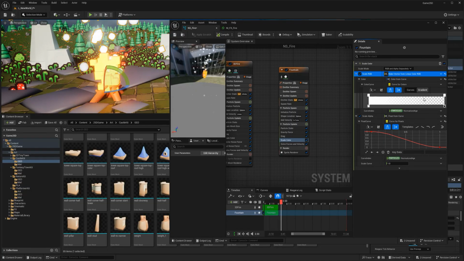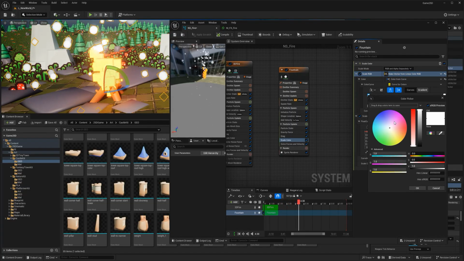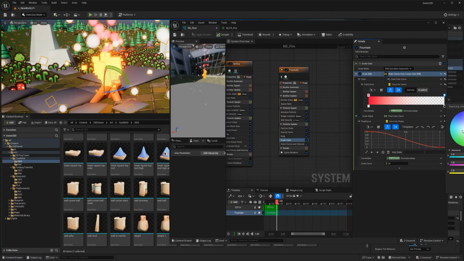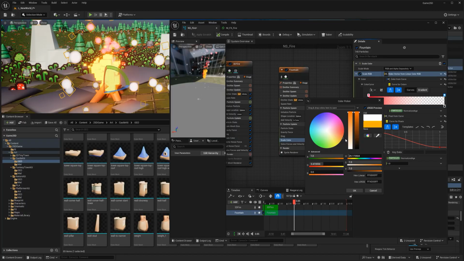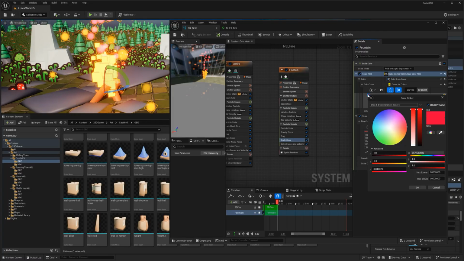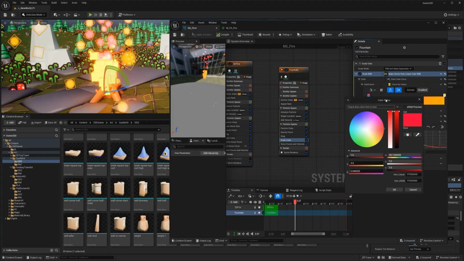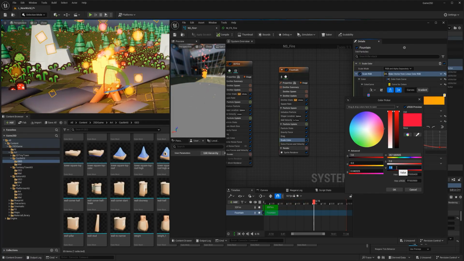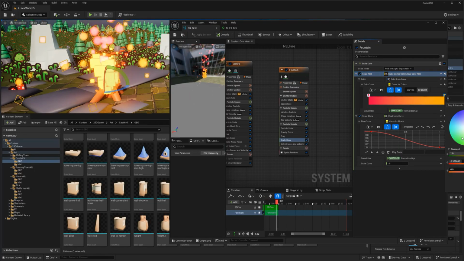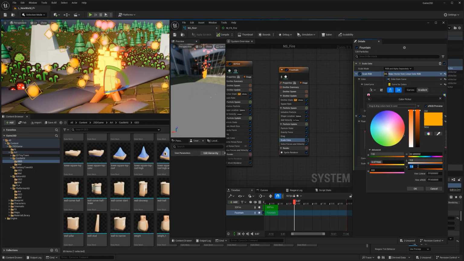And this is when the color starts and when it ends. So I'm going to say it starts with a very bright red and it ends with a very bright orange. And I can just delete this, and this. What is cool about this is that I can just add to the value here. So I can just say my value is actually 1.5. So it has a little bit of an emissive aspect to it. And here, I'm also going to do the same thing. My value is 1.5.